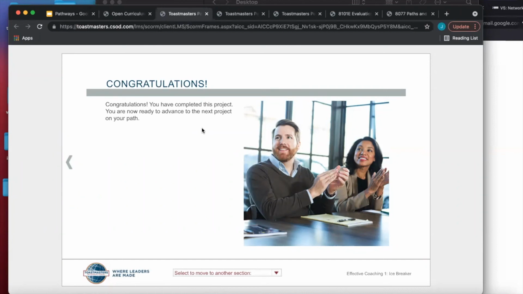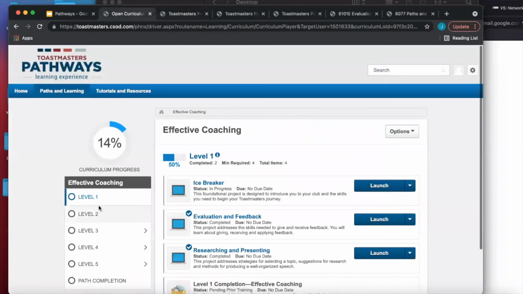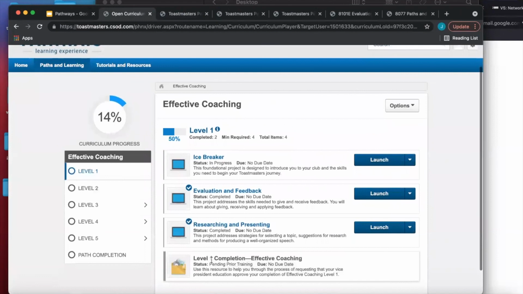For levels, when you finish the level, you have to go here and mark it as done. When you click on that, the message goes to your VPE. Basically, he or she has to approve, confirming that yes, I know this person has done all these speeches. It can be in your club or a different club, but the VPE knows.